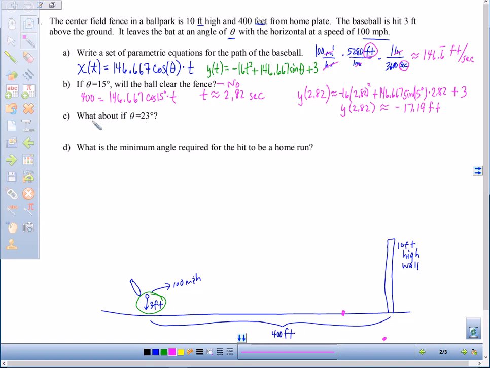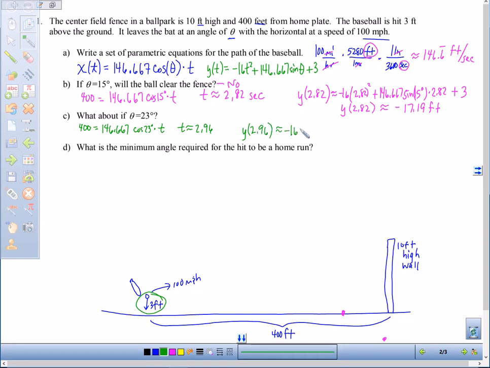So we pretty much go through the same process for 23 degrees. We would go back to that initial equation, the 400 equal to the 146.667, but this time we do cosine of 23 degrees, so we're really just changing our launch angle, and when we do, it changes the time that it takes us to get to the wall. So now we're going to get there in 2.96 seconds,